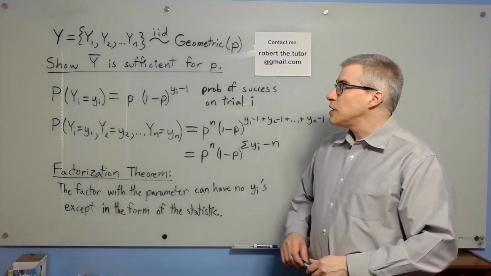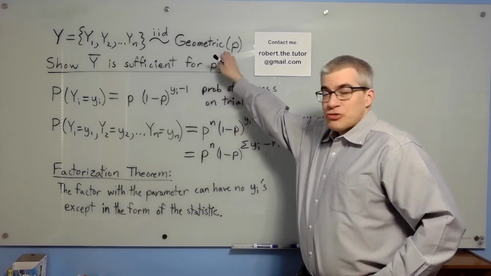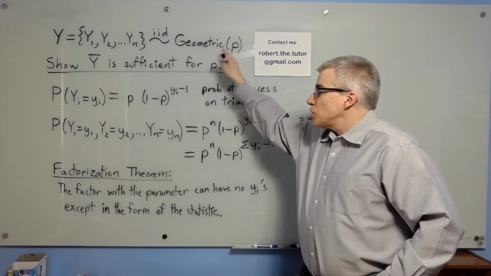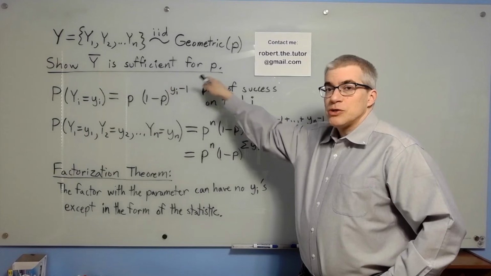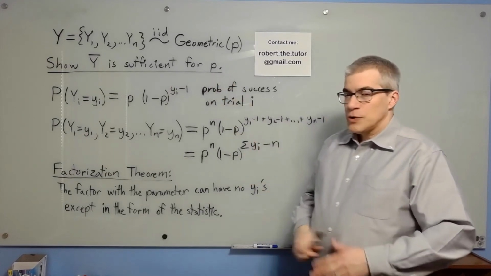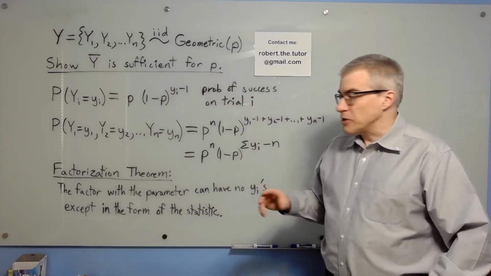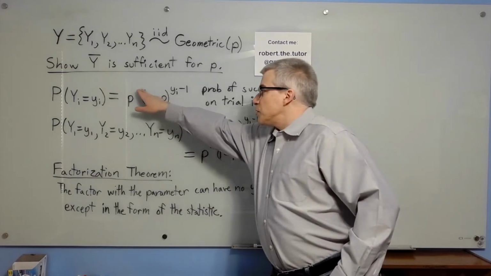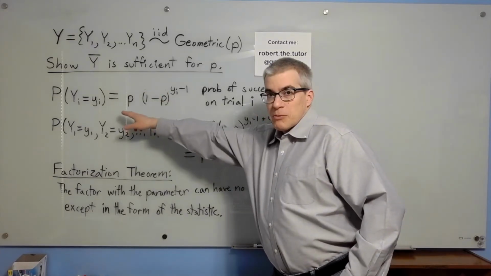Suppose you have a sample from a geometric distribution. Show that y bar is sufficient for p. First of all, to avoid a fence post error, let's note that for this problem, the probability that yi equals